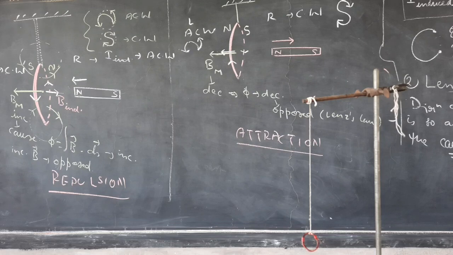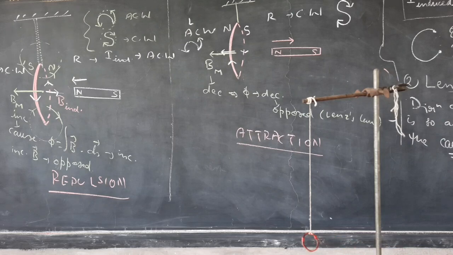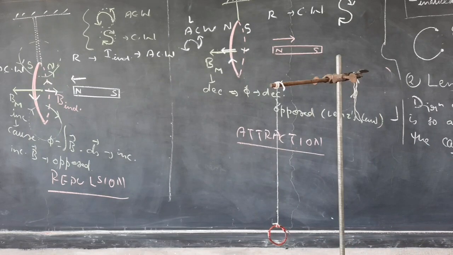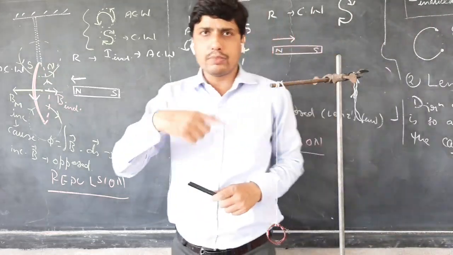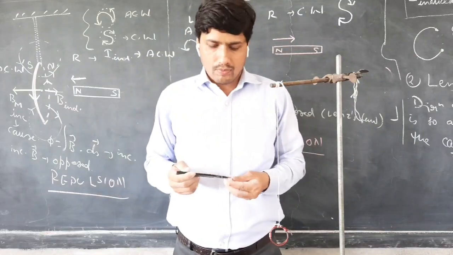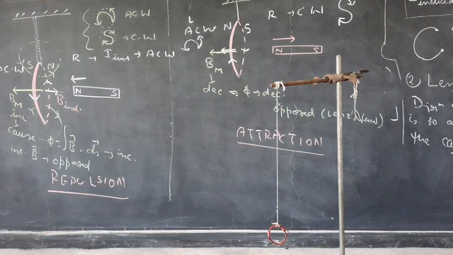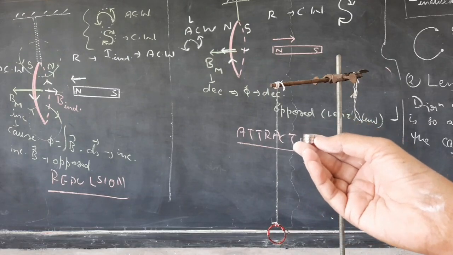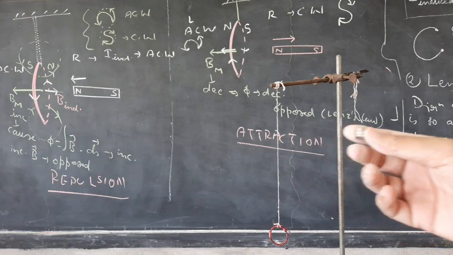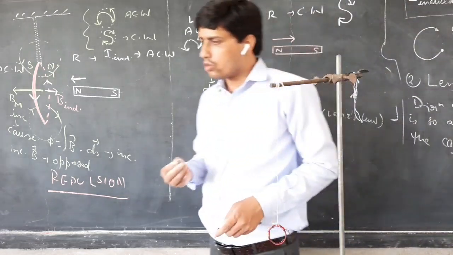In front of you, you can see there is a thread at the bottom of which a coil is hanging. Now this coil is at rest, and this coil is made up of actually copper wire. Simply, it has been wrapped and the ends are connected together. Now, over here, these are actually magnets. So, let me bring them closer to your view. So, these are actually neodymium magnets. They're strong magnets. And this copper has no effect. These magnets have no effect on copper.